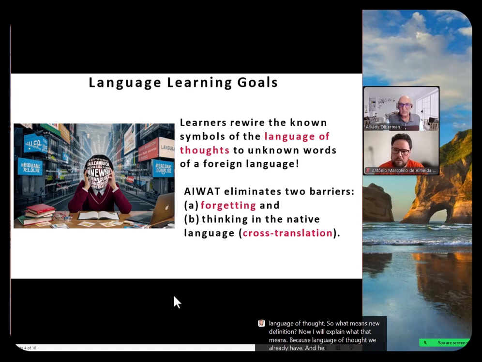It consists of symbols which we have acquired during our experience. Those symbols are currently wired together with the words of the native language. And that's why it creates the illusion that you think in Portuguese or in any other language, because the wiring to the native language is done automatically, and most people think that they think in the native language.